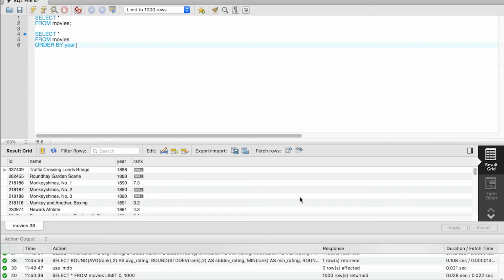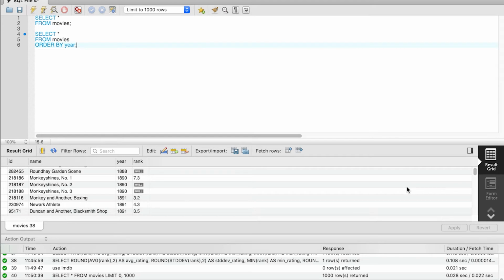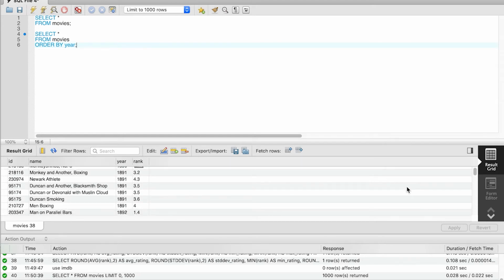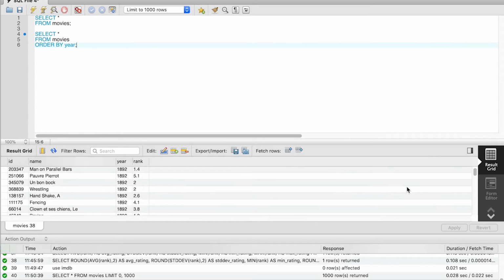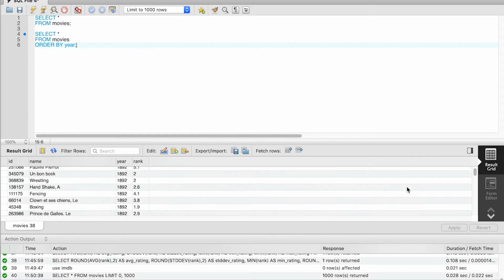So for example, let's take a look at the results. We have one group with the movies that were released in year 1888. You see we have two lines in there. We have the next group that has the three movies that were released in year 1890. That's the other group. We have another group for year 1891 with 6 movies, right? Here is yet another group. Another one for year 1892 and so on. These are our groups. You can continue if you scroll down.